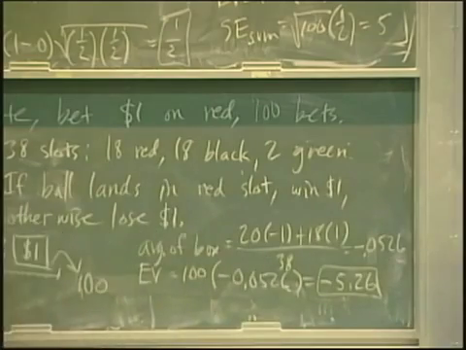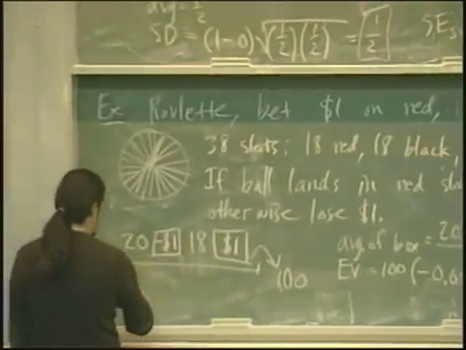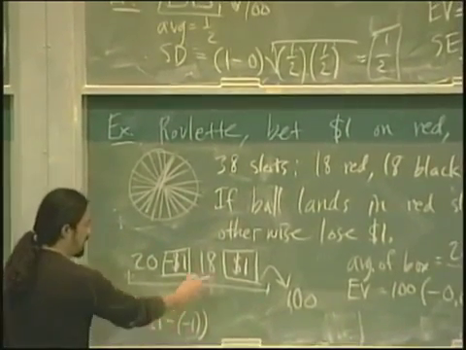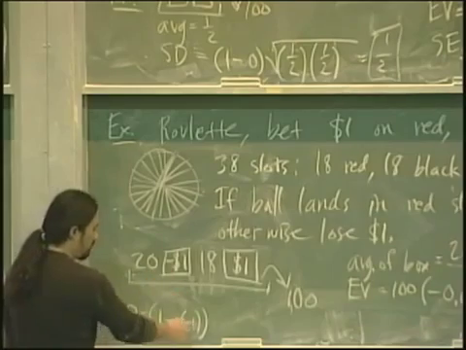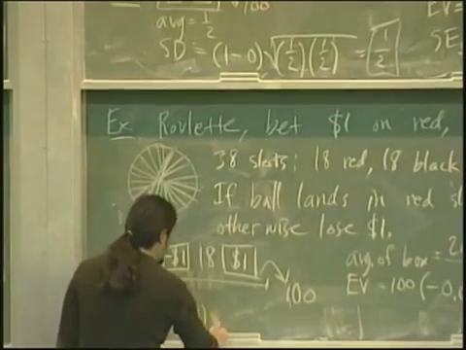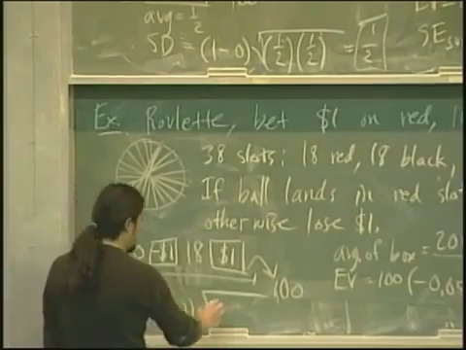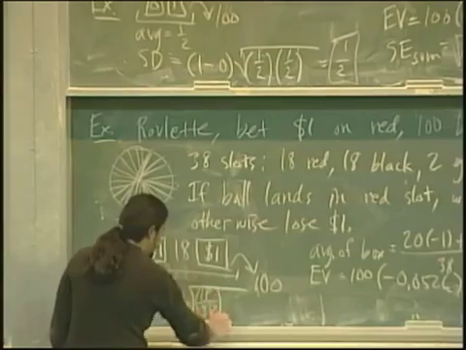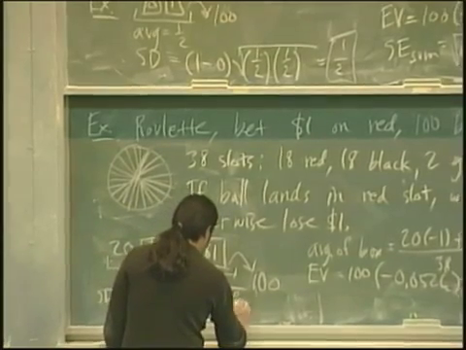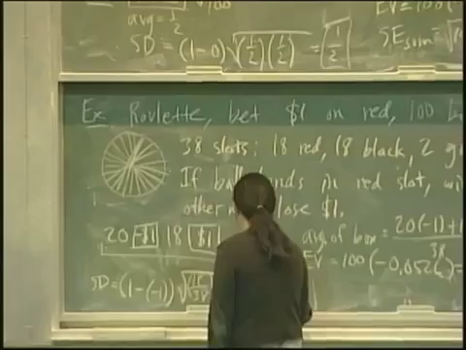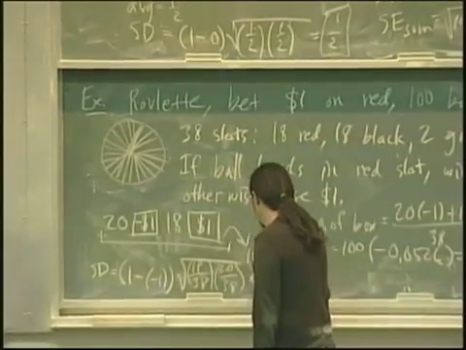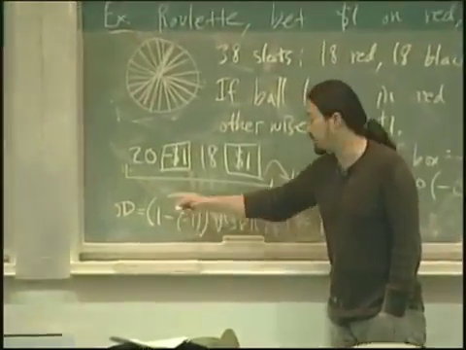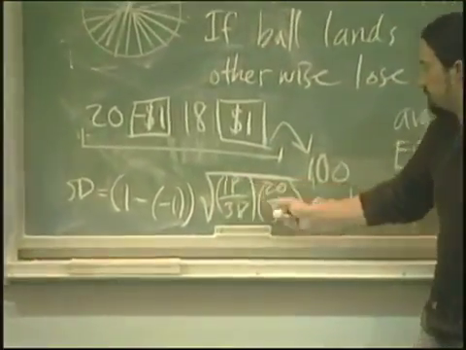So let's calculate that. Standard deviation of this box, I'll use this little shortcut formula, 1 minus negative 1. So the big thing in the box is a 1. The smaller value is a negative 1. And then multiply by the square root of fraction big times fraction small. So there are 18 out of 38 big ones and 20 out of 38 small ones. This comes out to be very close to 1. We have a 1 minus negative 1 out in front. That's 2. And then if you calculate this, it's very, very close to a half.